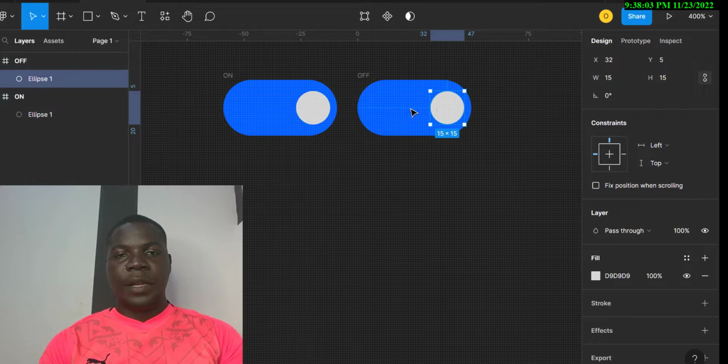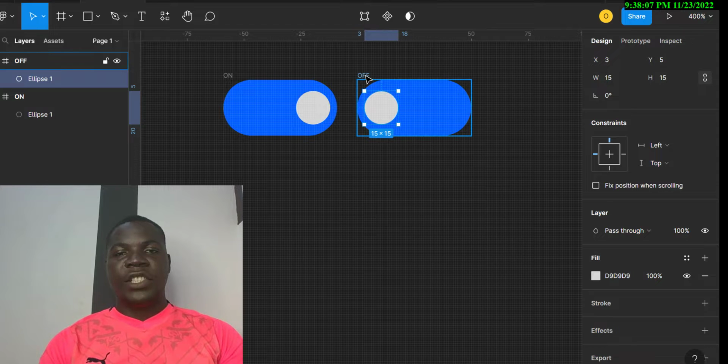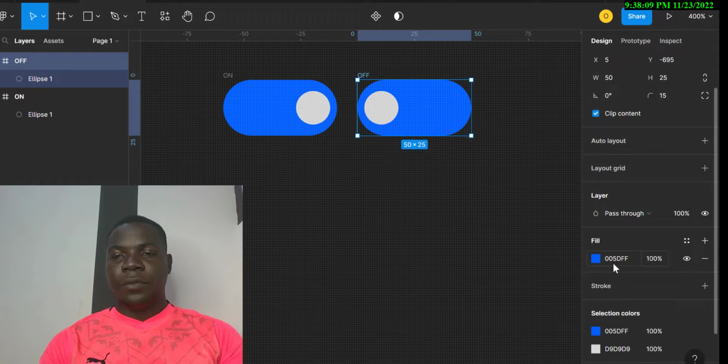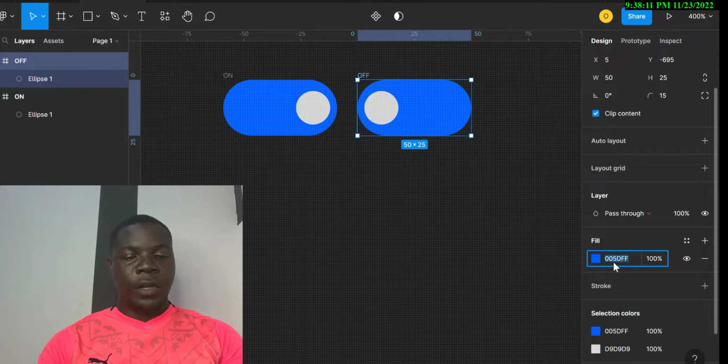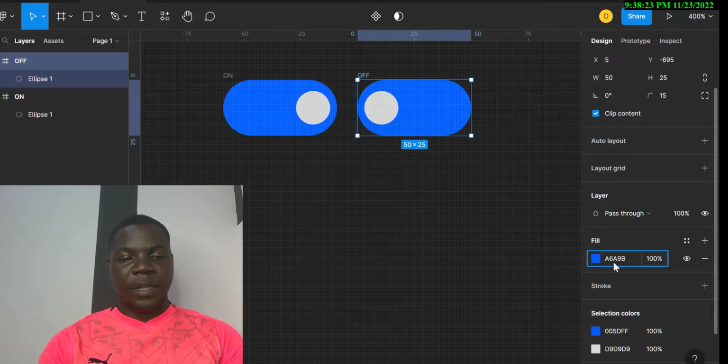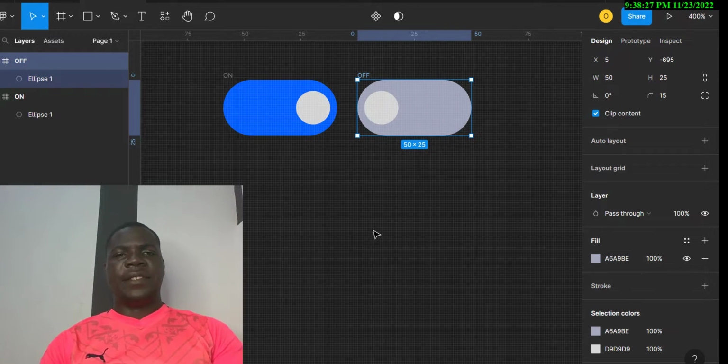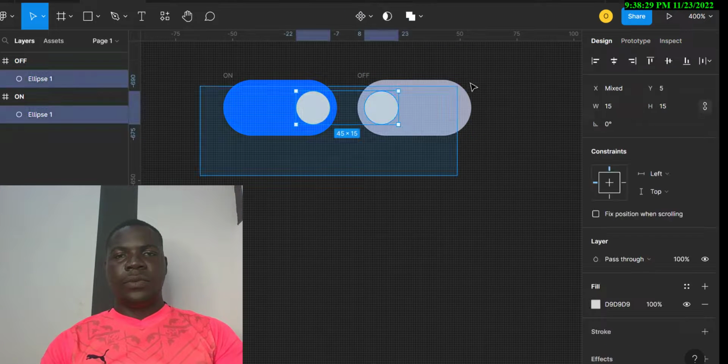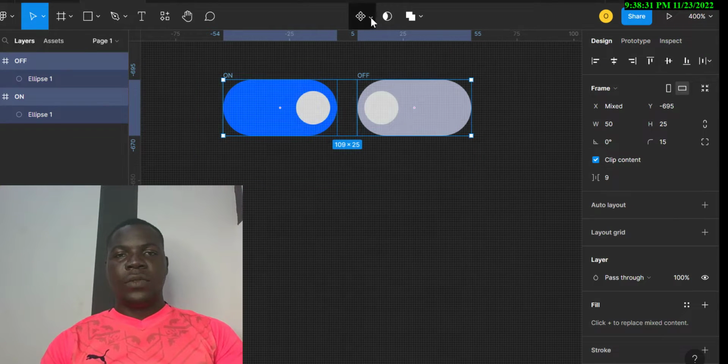Bring your circle from here, bring it around here. Nicely done. And change the color of your fill. Change the color to A6A9BE. Nice. Align these two and convert to